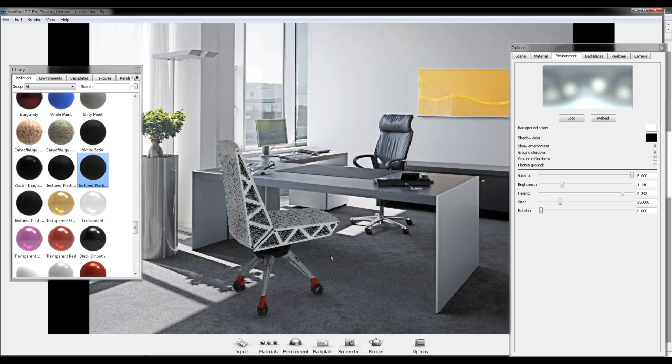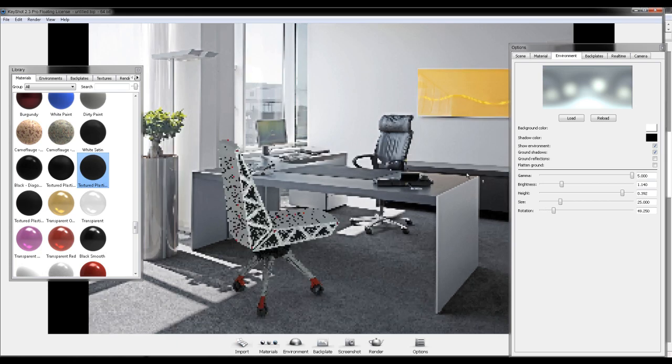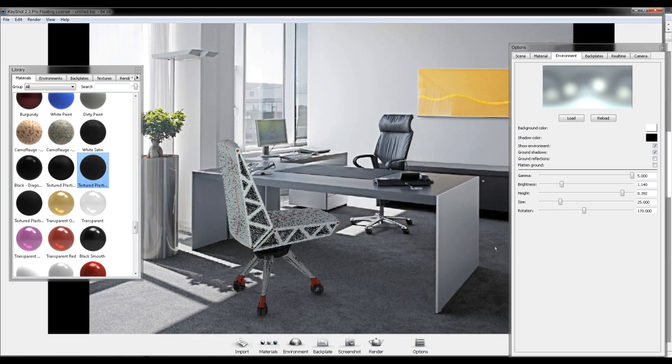Yeah, something like that. And then we also want to come in here, make sure ground reflections are turned off, because we don't have any reflections that we need to worry about. If you do want to, you can rotate the environment around in KeyShot, just to push the shadows around a little bit. And I'm not liking it. It seems to me like the shadows on the ground aren't coming through very well,